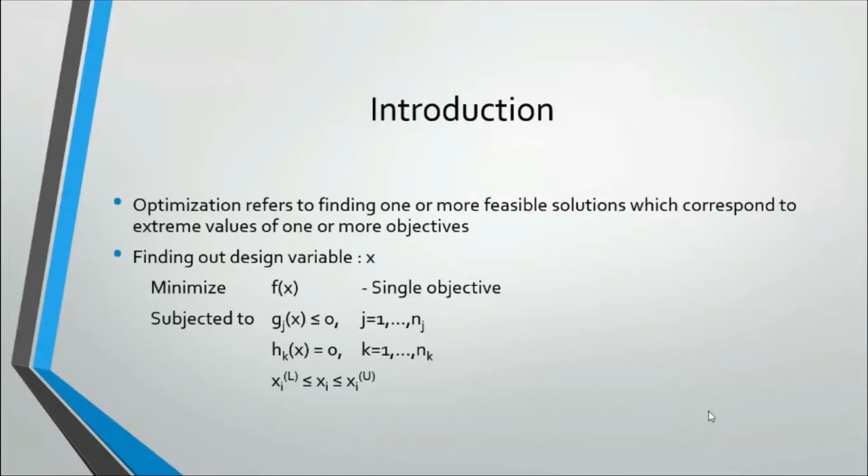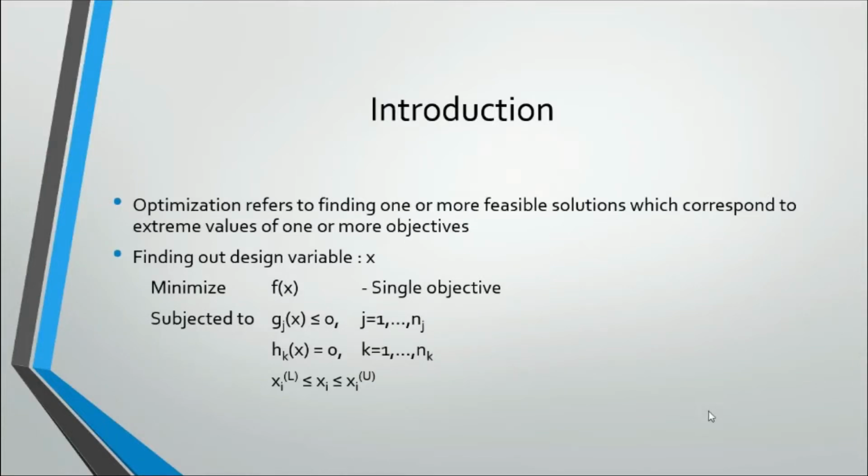And we want to find these one or more feasible solutions which correspond to these extremes, that is, either the maximization or the minimization, depending on the type of the objective at hand. Suppose our objective is profit, then it is to be maximized. If it is cost, then it is to be minimized. So that is how optimization works. An example of